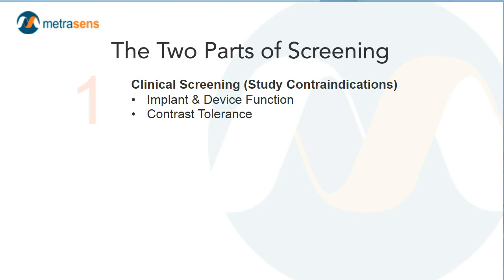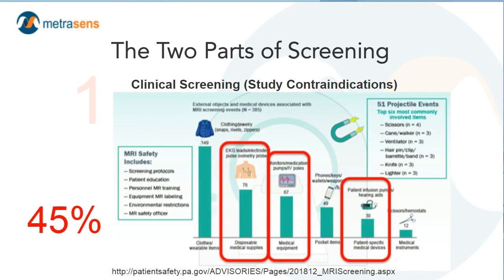What are some of the things that might be constituent parts of the clinical screening? Well, this data is from the Pennsylvania Patient Safety Authority, and the link URL is at the bottom. And this data is just for things that made it into the magnet room. Now, there's a whole separate category of things that we should identify before they make it into the MRI scanner room. But here we have ECG and pulse ox leads. We have medication pumps. We have patient monitoring equipment, all clinical support infrastructure, equipment, material that made it into the